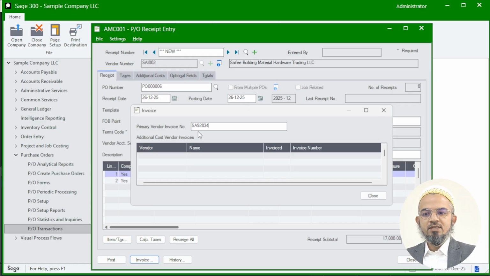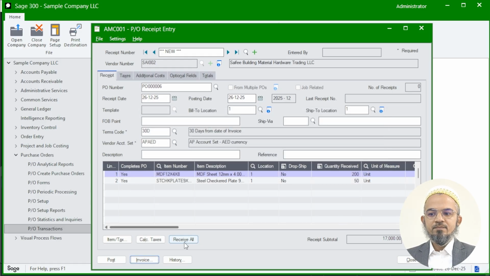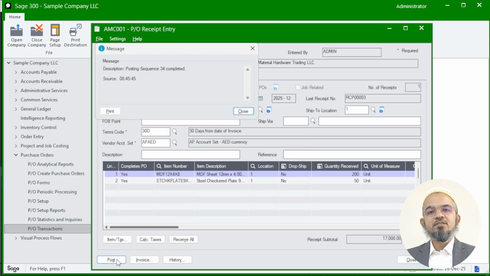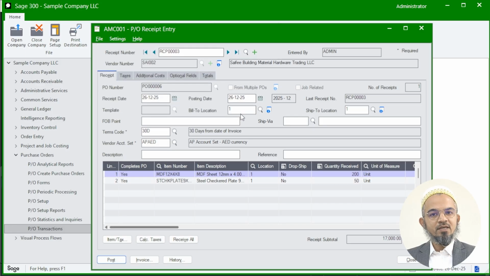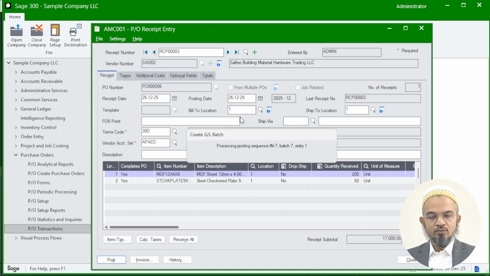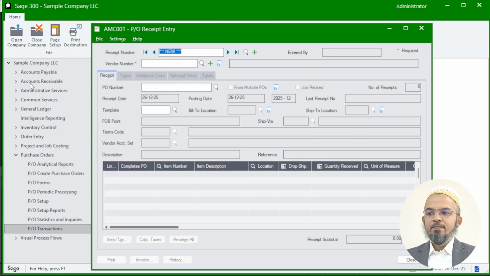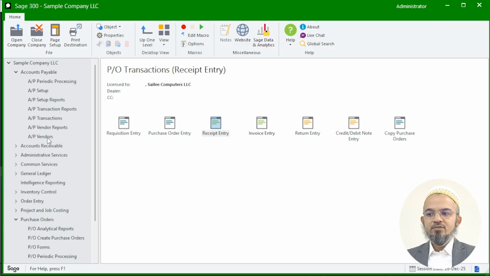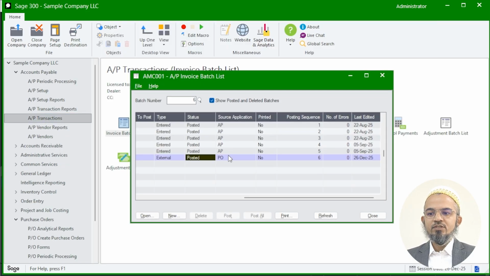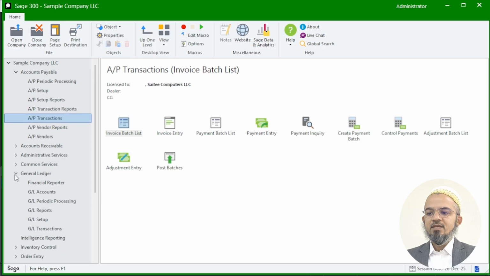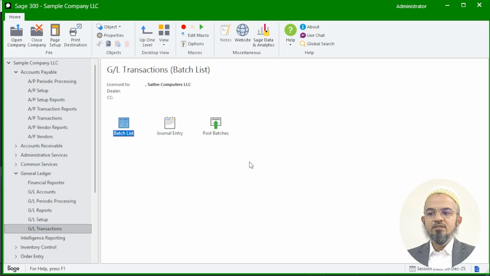So let's say this is the invoice number. Close and click on the post button. This will take care of posting the receipt of items and updating the supplier invoice in one go. Once this is updated, you can choose to print your goods received voucher, and I'll quickly navigate to accounts payable, AP transactions, invoice batch list. If I refresh this, I should be able to see the latest invoice which I've posted just now, and the same entry would also be updated in the GL batch list,